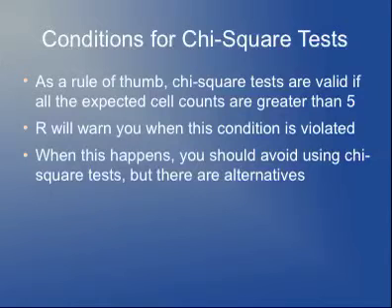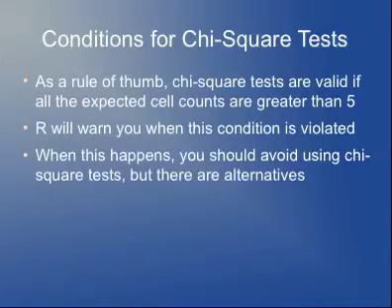I have searched high and low for the original source of that rule of thumb, and I'm not sure that it exists. I find it fascinating that everybody says that, but if I ask somebody where's a reference that says it works if you have 5 and doesn't work if it's lower, nobody knows. And honestly, in my experience, even if your expected cell counts are less than 5, usually the chi-square test doesn't do too bad. But presumably, there are cases where it'll blow up if your expected cell counts are too low,